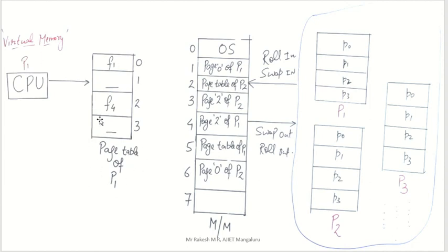So now, for process 1 page 3, is there any entry? No entry. No entry means that particular page is not present in main memory. Then what is the OS's job? That is the job of the operating system: to take that from secondary memory to main memory. So now the OS will take the one the CPU asked for: page 3 of process 1.